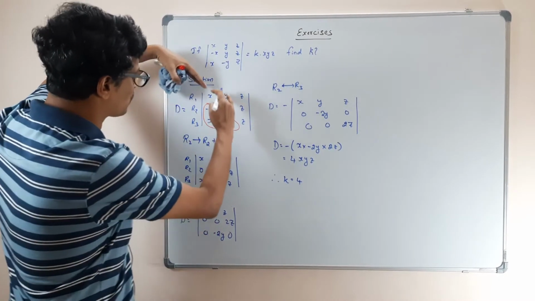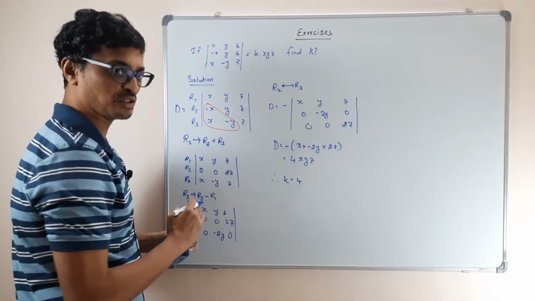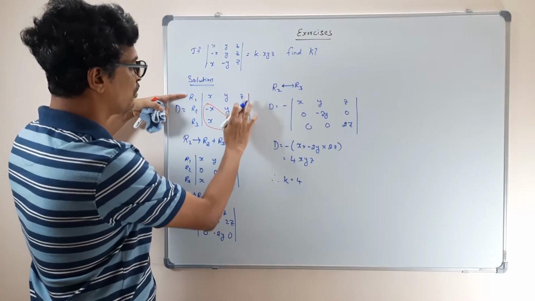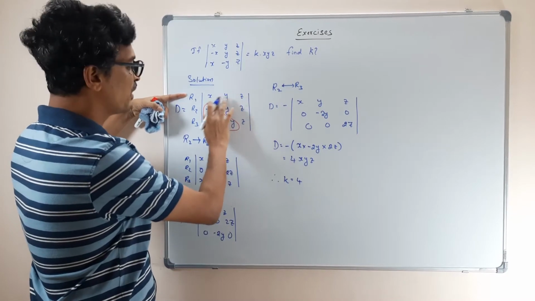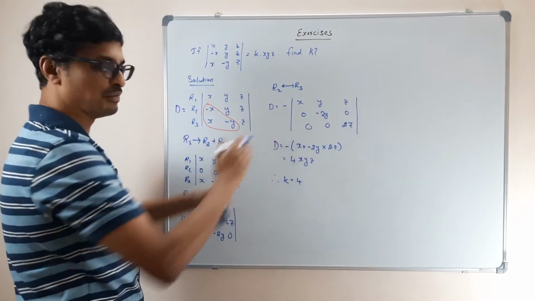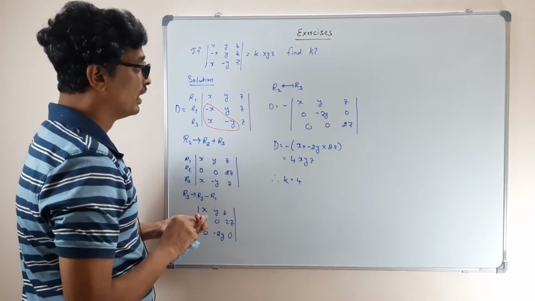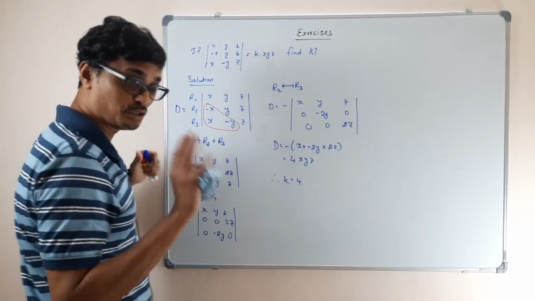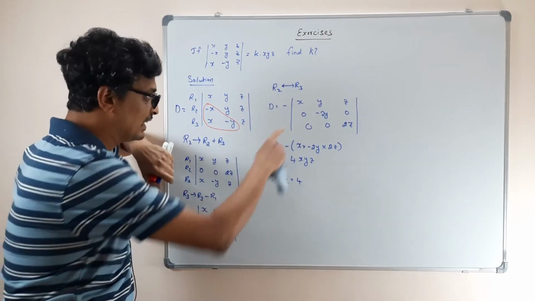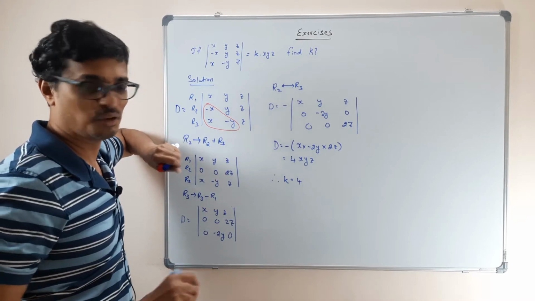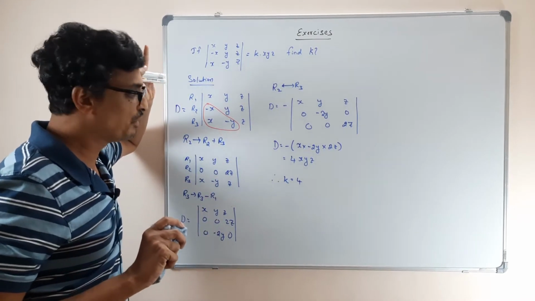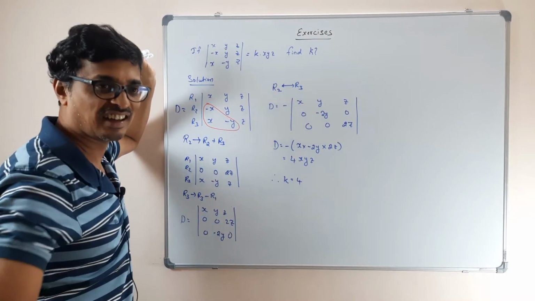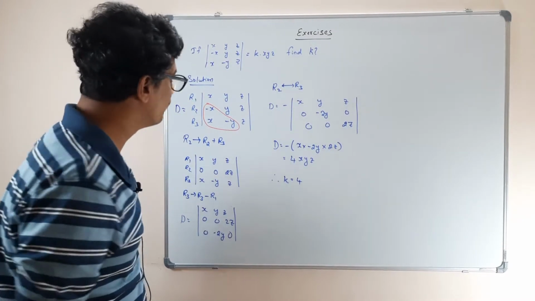I mean, you can do it many ways. You can even take this one also to be 0 and make it an upper triangular matrix. That's possible. You can try it in a notebook. Take R1 equal to R1 minus R2, so this becomes 0. Make it upper triangular, then just multiply the diagonal elements. The book has done many ways of doing it, but one of the easiest ways, if they ask you to do it with a property, is to get an upper or lower triangle using some operation. Then your determinant is very easy, because the determinant is just the multiplication of your diagonal elements. So that's the one method we have to use.